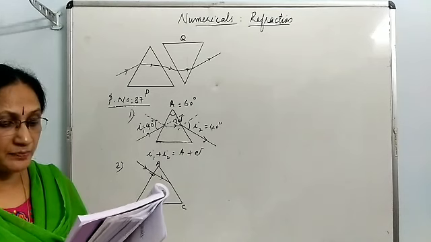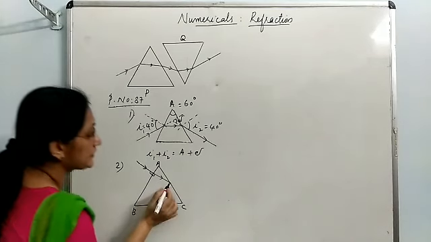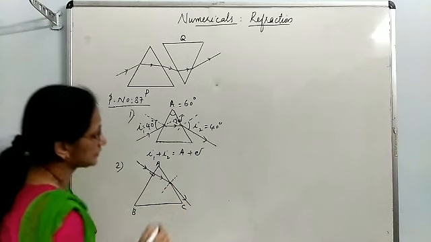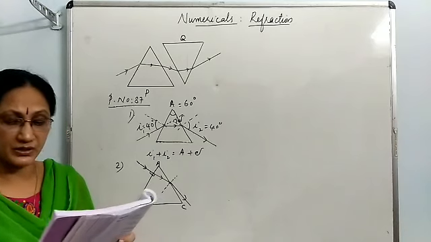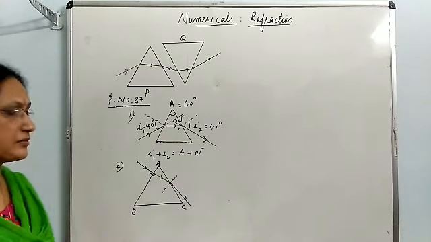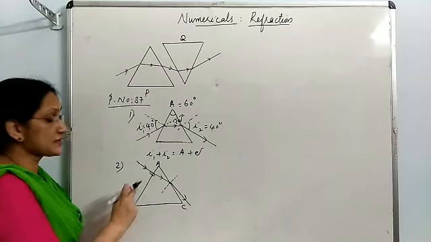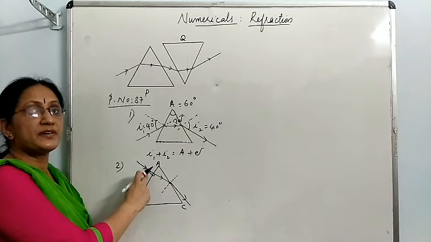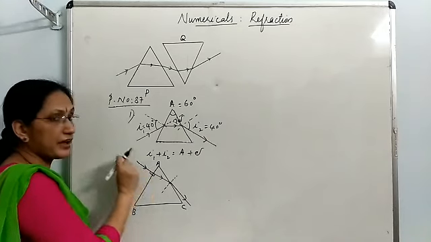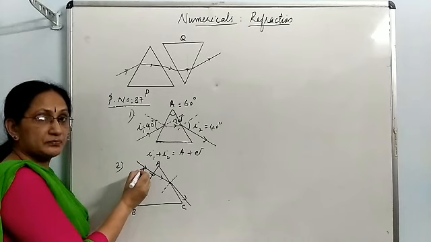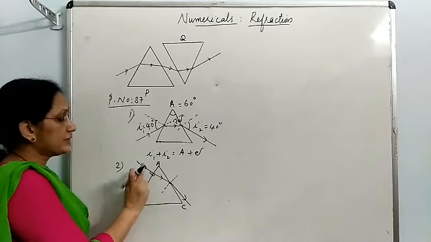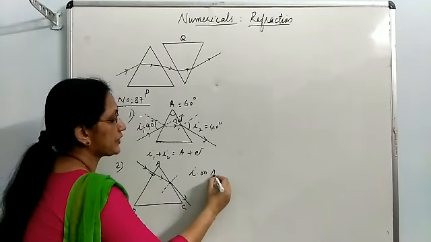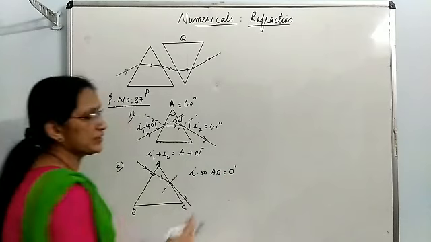And it emerges out in a grazing manner, means this is the normal. Here it comes out. Find out the angle of incidence on the first and second face. This AB is the first face. There, how will you calculate the angle of incidence? Angle of incidence is the angle between the incident ray and normal. Here both are the same. Since the light ray is falling normally, the normal and incident ray are the same. So angle of incidence on the face AB is 0 degree.